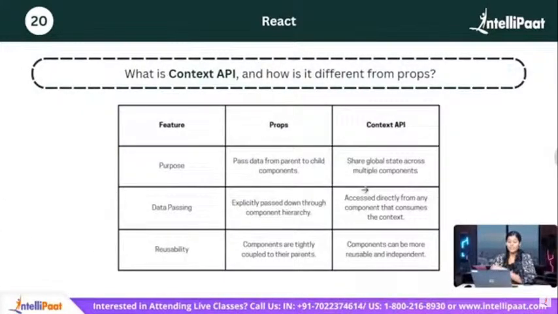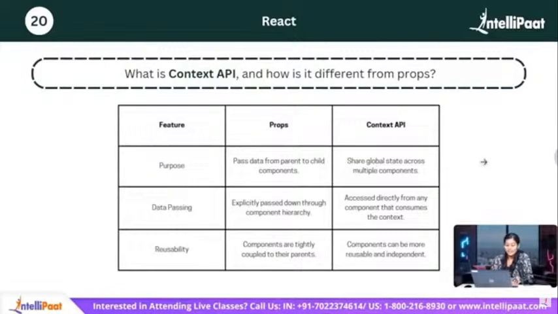So the purpose of props is to pass data from the parent to its child components. And the purpose of a Context API is to share a global state across multiple components. Data passing in props is explicitly passed down through the component hierarchy. In Context API, you can access it directly in any component. You just have to use useContext and you can access it from any component inside the same React